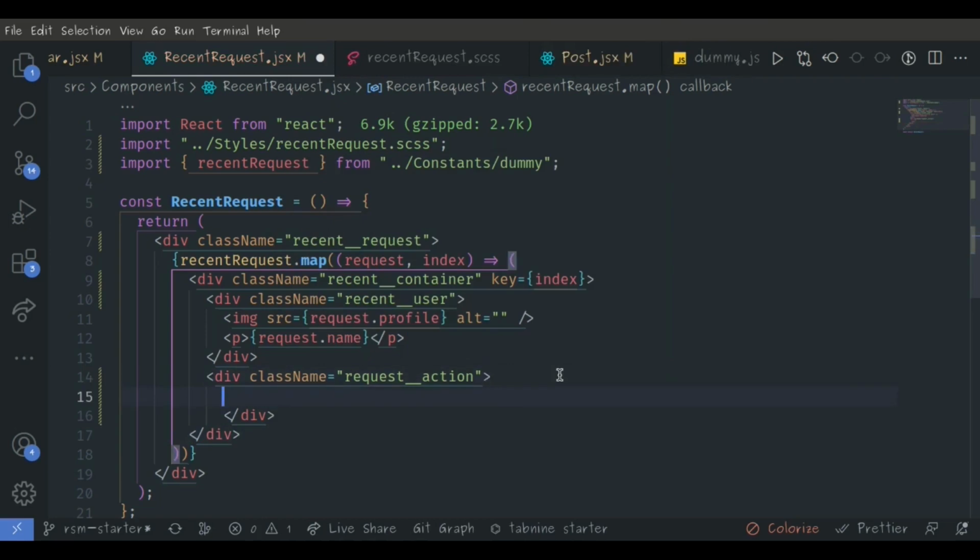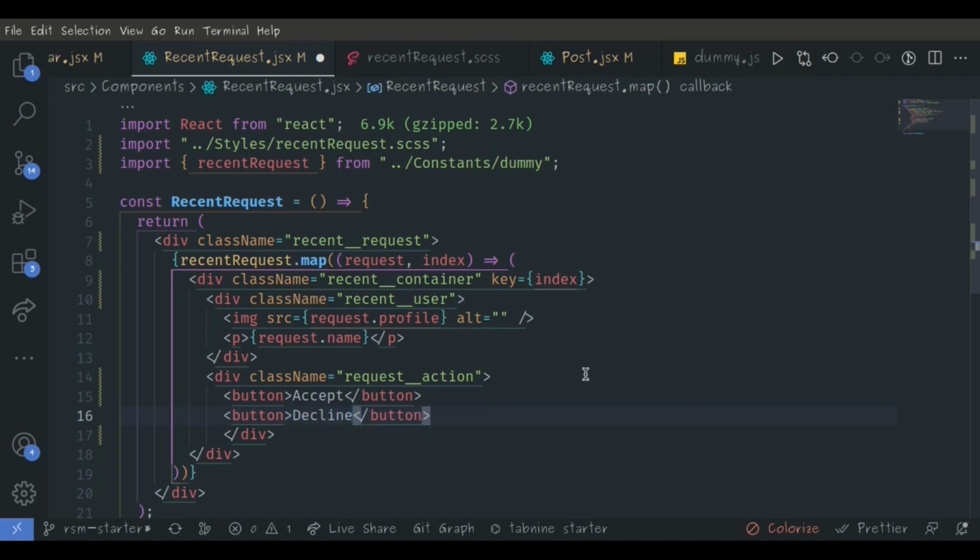It is going to have two buttons, the first one which is going to be for accept, and here you are going to have decline. So having this accept and decline, I'm done with this, so now I can go to the